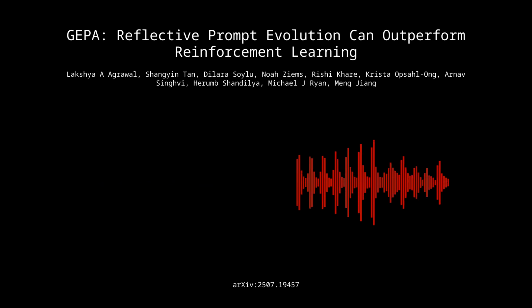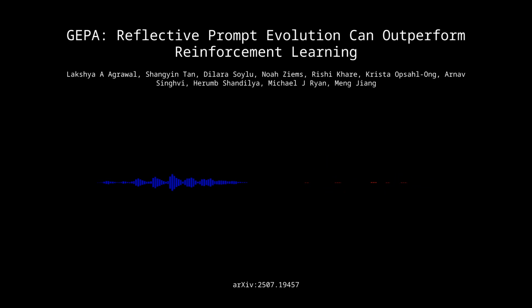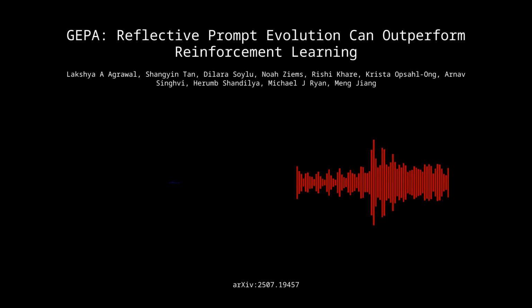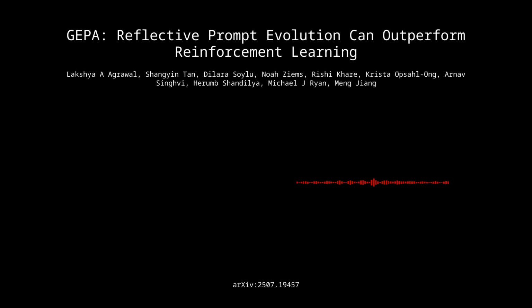Which usually gets collapsed into a single score. Right. But GPA leverages these textual cues. This new function is designed to return not just the final score, but also feedback text, providing granular, module-level feedback when available. Precisely. It could be a specific compiler error, or maybe feedback in a multi-hop reasoning task, pinpointing where a logical